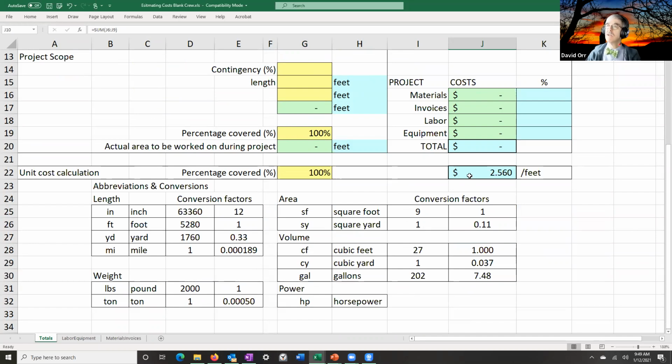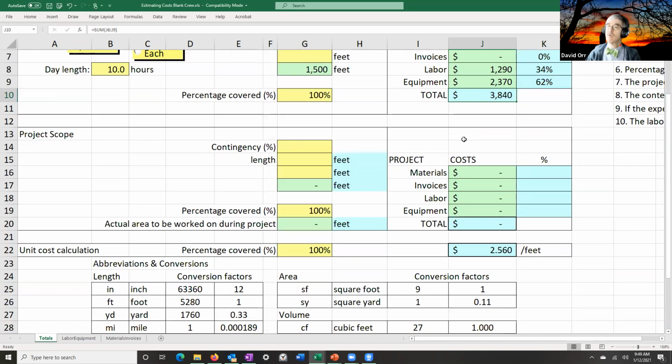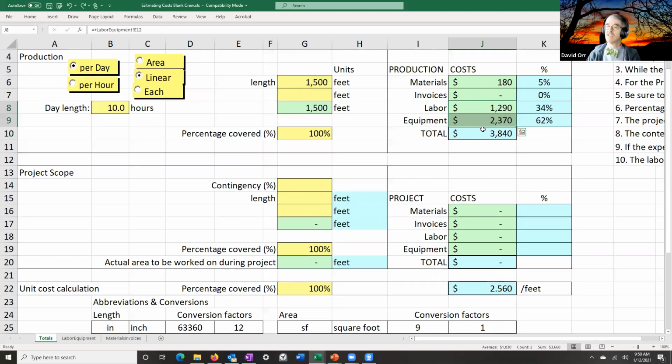But that's mostly labor and equipment. If I didn't account for my own labor and equipment, and I'm just temporarily going to delete those, the cost per linear foot gets almost nothing, because it's our own labor and equipment that really drives the cost of ditching. And that's true for other things you'll actually find, but I like to start with ditching because of that. It reminds us how important it is to account for our own labor and equipment.